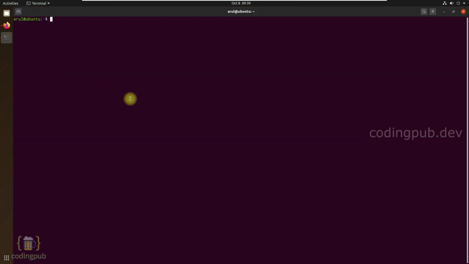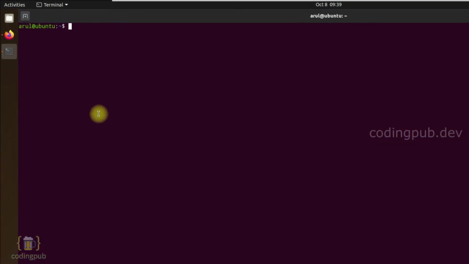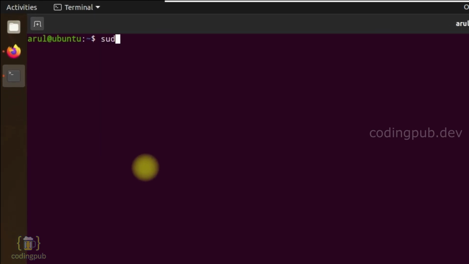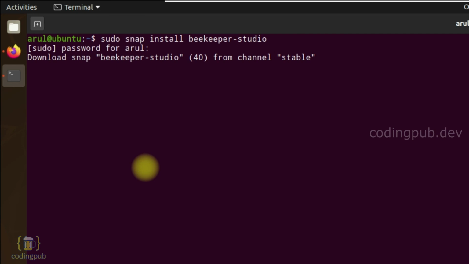For that, let's open the Ubuntu terminal, and in the terminal type the command sudo snap install beekeeper-studio and press enter, and if prompted, enter your system password also. Like with every installation, the installation time will depend on the speed of your internet connection, and please make sure that you have an active internet connection for the installation to proceed.